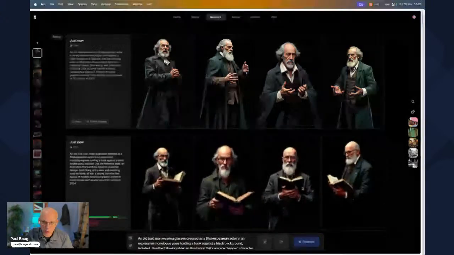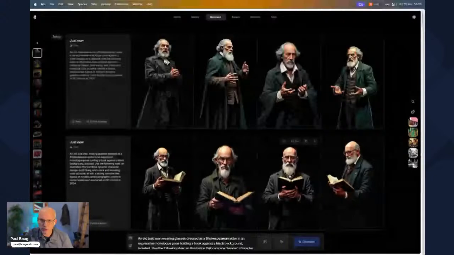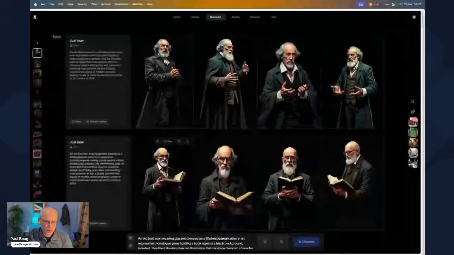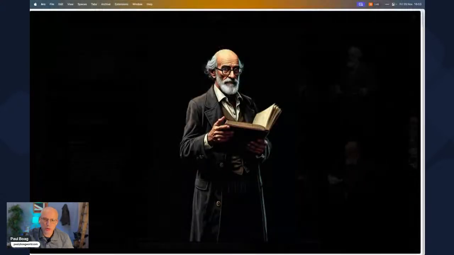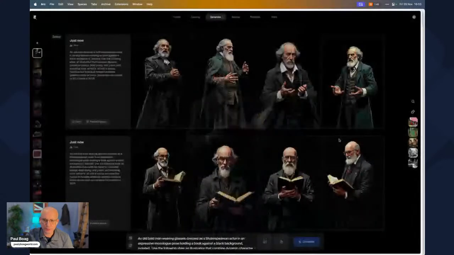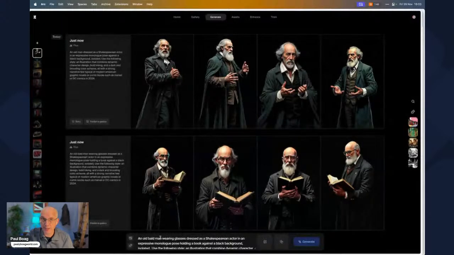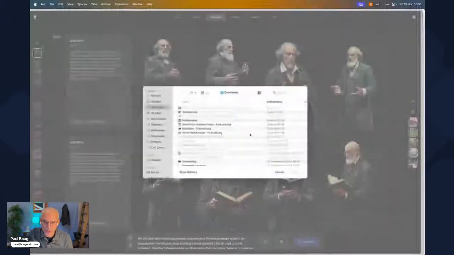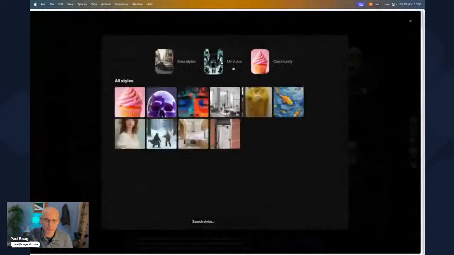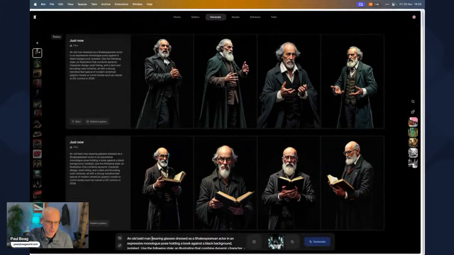Still got a big beard. Old men have to have a big beard. Also, the styling isn't really picking up on the styling I'm after particularly well. That one's quite good. If we put the word clean shaven, I bet you it's still got this bias towards old men that they have to have a beard. So I'm going to bring my style in and see if that will help. Old bald man. Sometimes just the instructions aren't enough. Wearing a clean shaven old man. Bet you it still puts a beard on him.